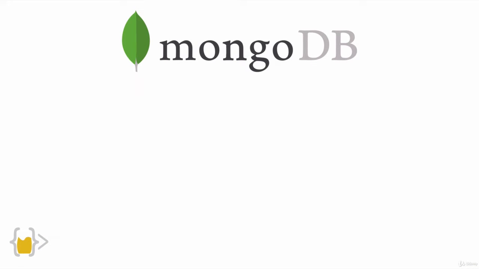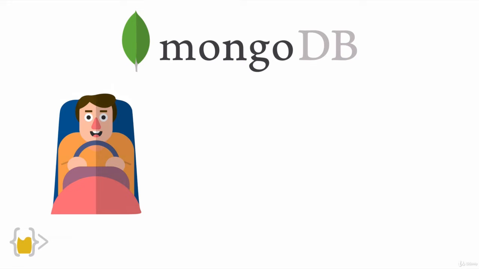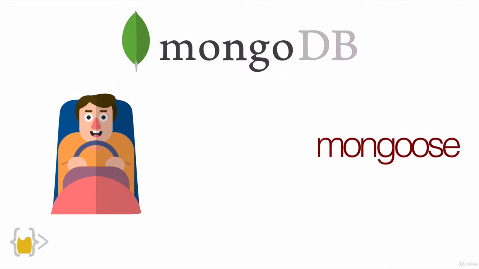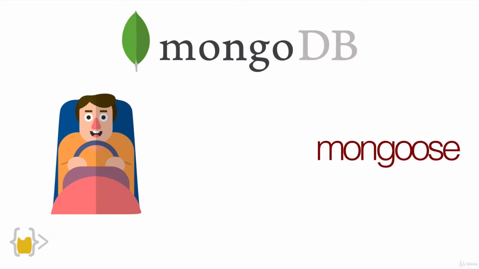Now, when you're creating a Node app that needs to connect to a MongoDB database, there's essentially two options for you to choose from. One is to use the MongoDB native driver that we're going to talk about very quickly. Another is to use an ODM, or object document mapper, that's called Mongoose. Now, the most popular way of working with MongoDB and Node.js is through using this package called Mongoose. And the reason is because it vastly simplifies and cuts down on the code that's required in order to work